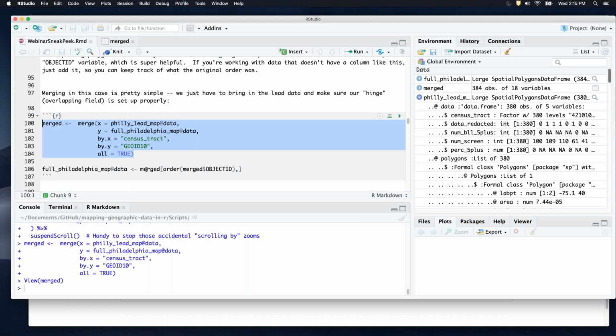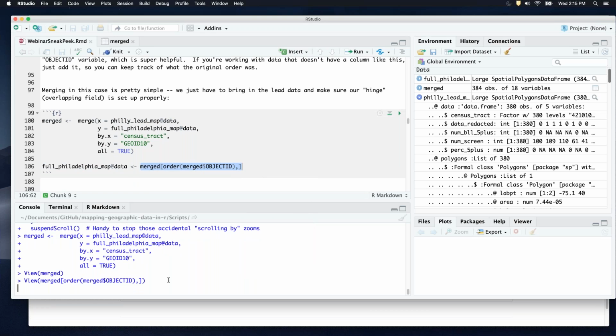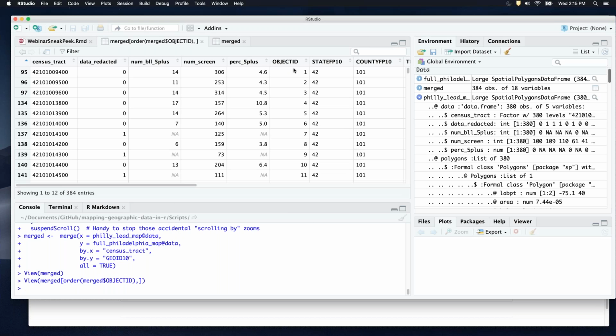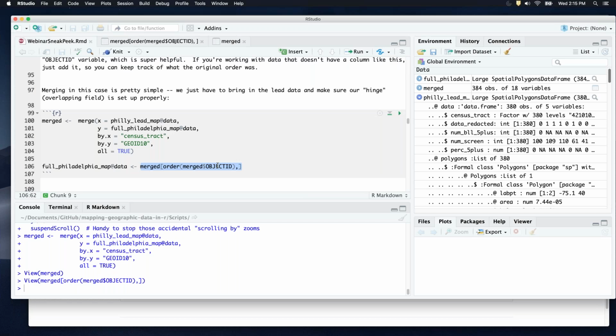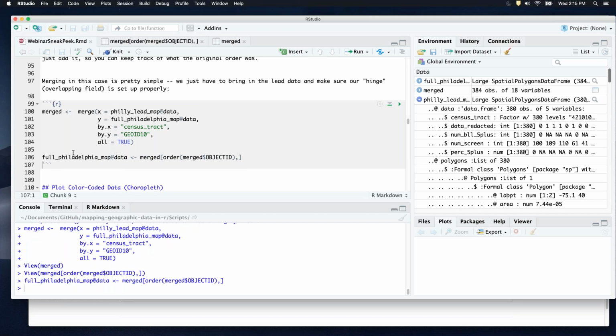So I'm going to reorder it. In fact, let's just take a look at what it looks like when I reorder it. All right, now we have an object ID that starts with 1 and increments, and that's what we want. So let me go ahead and run this line. So what I've done is taken my lead data and my census tract data and combined them in this full Philadelphia map. So now we've got a full map of the city of Philadelphia, and we've got this lead data,